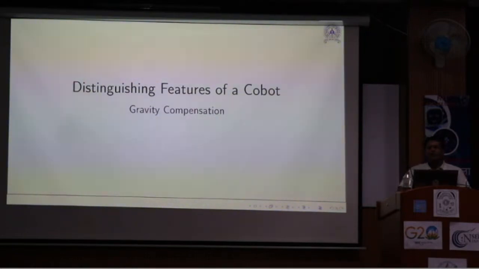One of them is very common. Any demonstrator who comes and sells a cobot to you will be demonstrating this. This is the first claim from any cobot manufacturer. By default, they'll show this one. But this doesn't make it a complete cobot. Okay, I'll show you what